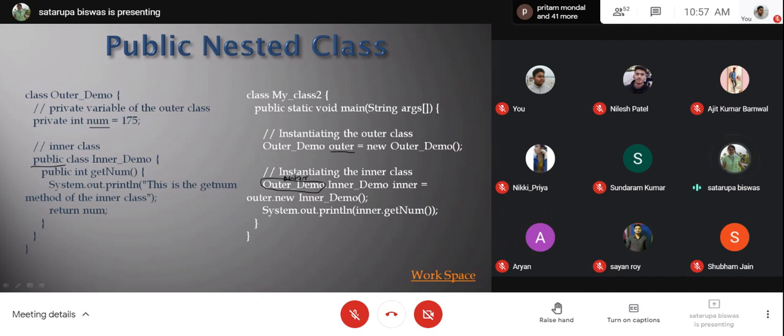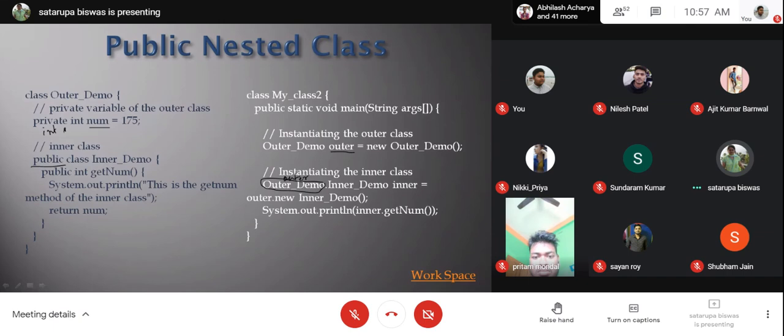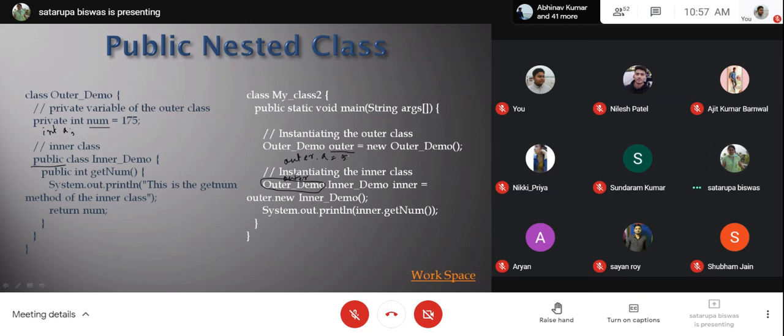So outer dot inner demo. Like if you want to access a variable here, if you have a variable int a, what should you write? Outer dot a. Now this inner demo is actually a member of the outer demo.